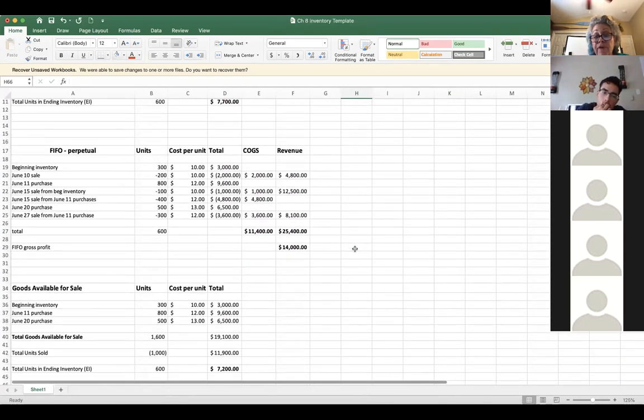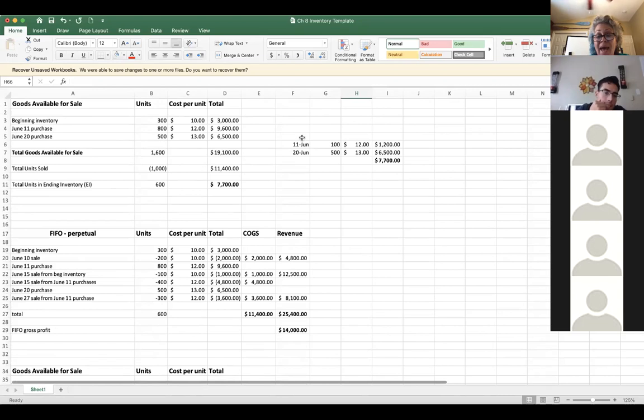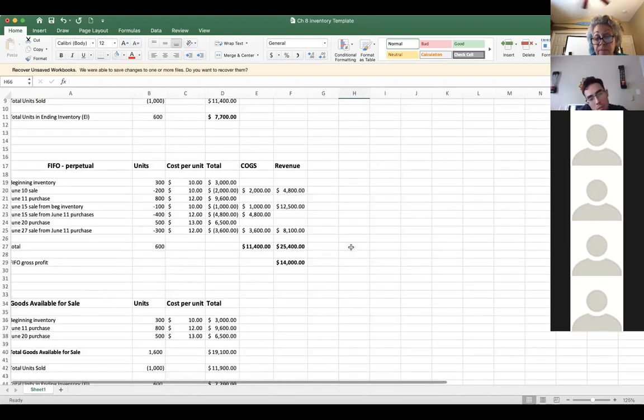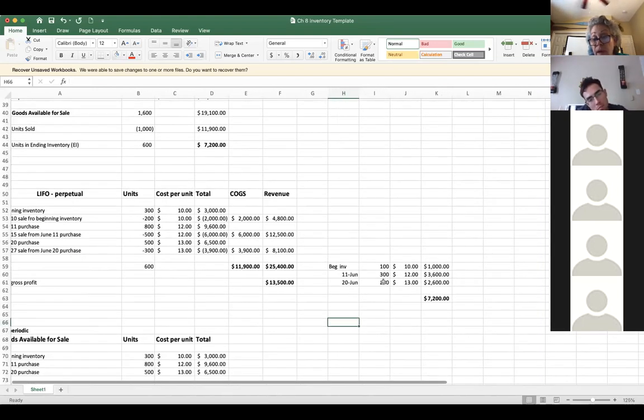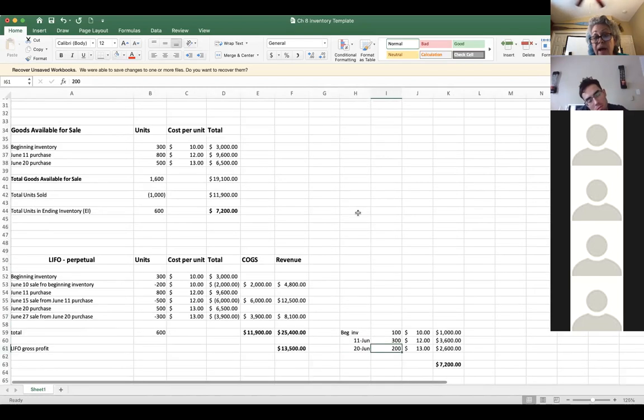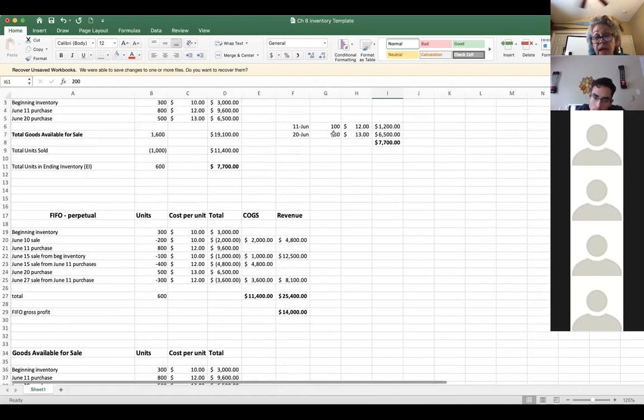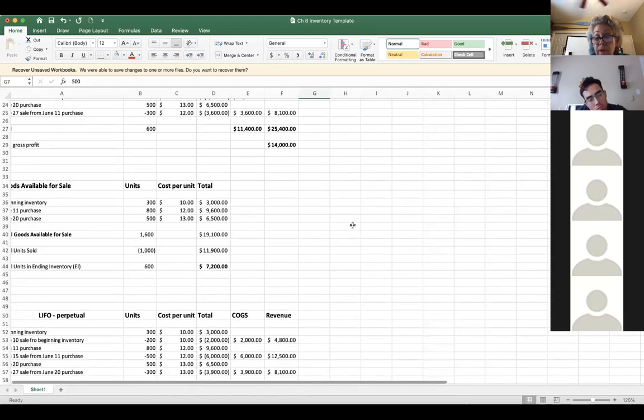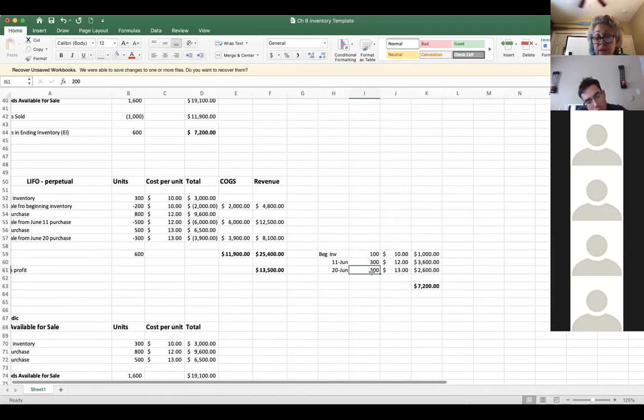When we look under FIFO, I didn't have any beginning inventory left in ending inventory. And I had more units from my later purchases than I did under LIFO. I had 500 units left of the June 20th purchase in FIFO, but I only had 200 under LIFO. Now, the reason for showing you this breakdown